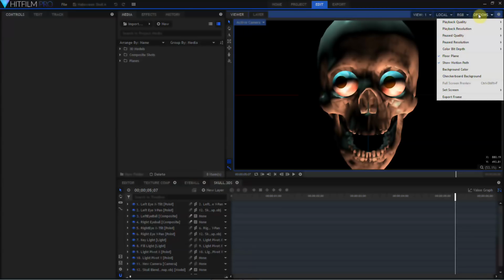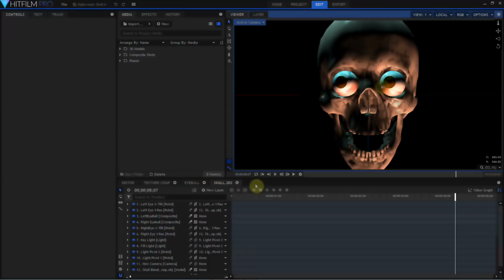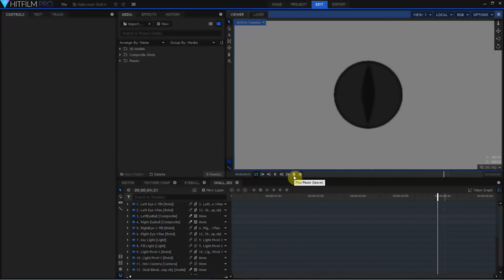If I change my options so that my playback quality is fastest, then pretty much everything goes away. The sphere effect is a 2D effect, which is no longer being rendered. There are fractal noise effects, glows, and lightnings that were making up the eye texture. This fastest playback option is turning off all 2D effects, which means the eyeball reverts to the flat masked planes that make up its base.